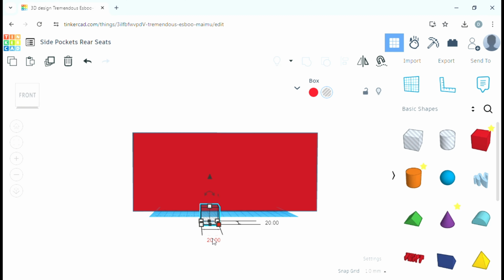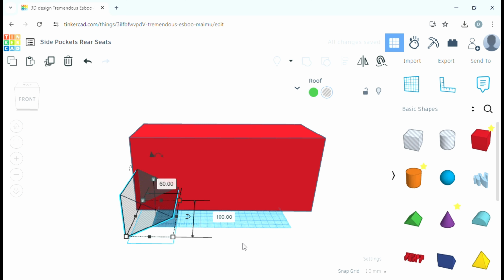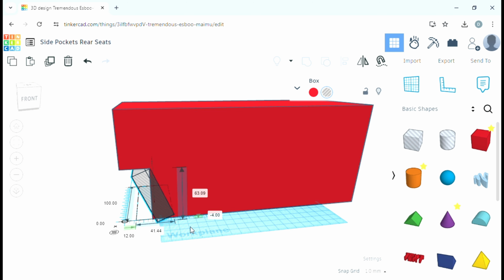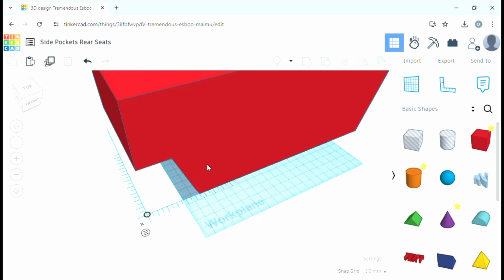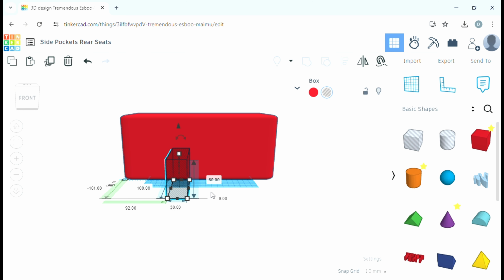So here I'm using Tinkercad for my 3D modelling. You've seen me using this before. It's a fantastic little program. It's free to use and dead easy to get the hang of. And all I do is just drag shapes across, make them bigger, make them smaller. Here now you can see me using